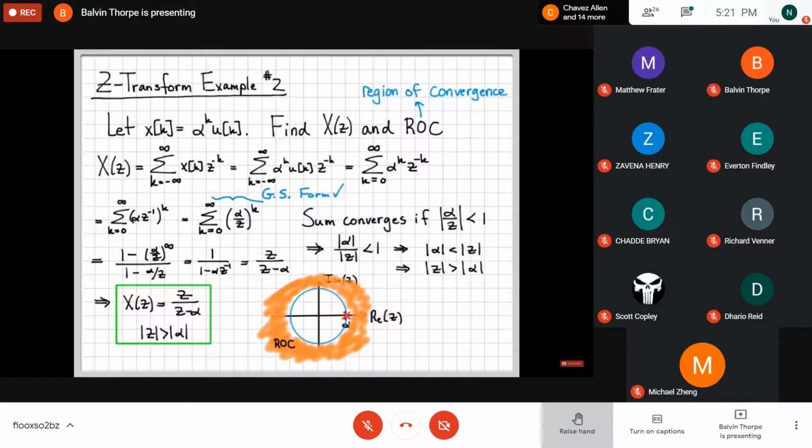This right here, that point alpha, that's what we would call a pole of X of z, if indeed alpha was a real value. In general, this quantity alpha could be anywhere on this circle if we wanted to deal with a complex value of alpha. But in general, the spots where X of z blows up, and in this case, it's when z equals alpha, because over here on the denominator, if I plug in z equals alpha, it blows up. That's what we call a pole of the transform. It's a spot where X of z equals infinity.